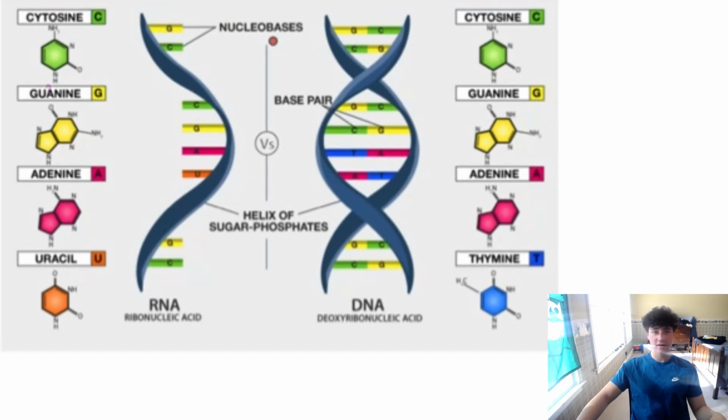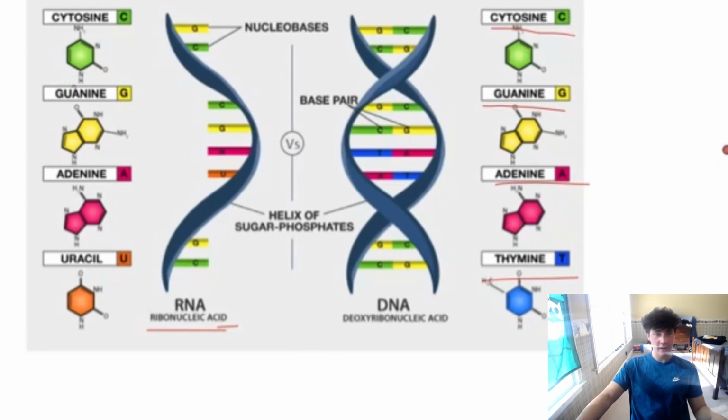So as you can see here, the sugar in RNA is ribose. Now, deoxyribose in DNA is a ribose sugar, but with one less oxygen than in RNA. So in DNA, the bases are A, C, T, and G, and the A and the T, obviously, and the C and the G. Now in RNA, it's going to be A, and then instead of T, it'll be U. So if you see in RNA transcription, if you see a T on the